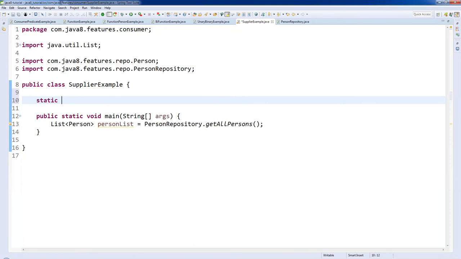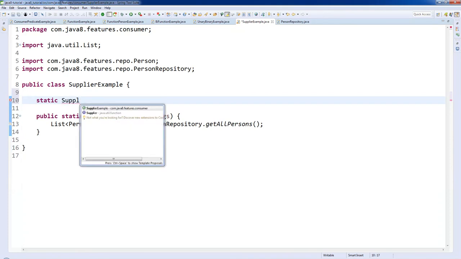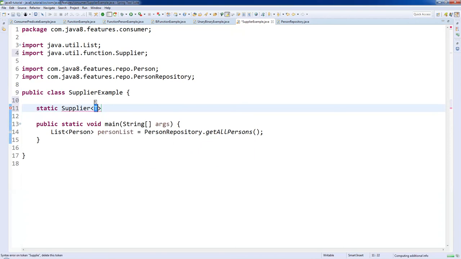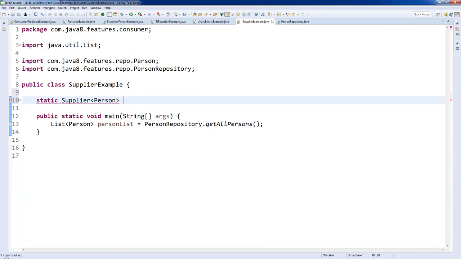Let's write a static Supplier. It takes one parameter, which indicates that this is going to be my return type. For now, I'm going to use Person. So Supplier s1 equals